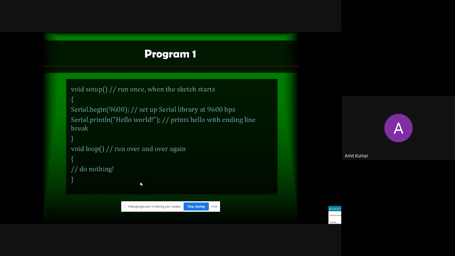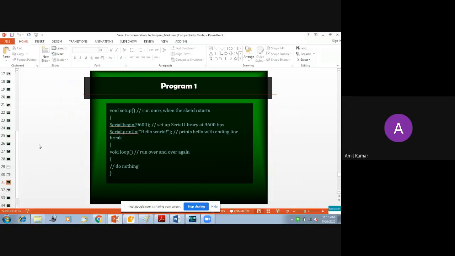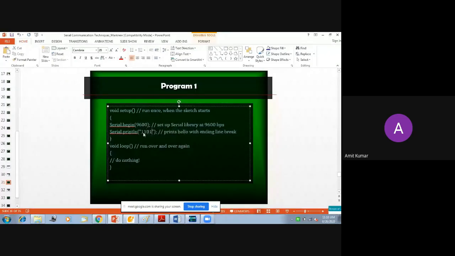So it's correct. You need to change it in the Serial.println. On the first line, if you want to change, you write your enrollment number here. Whatever enrollment number is yours, you just write it.